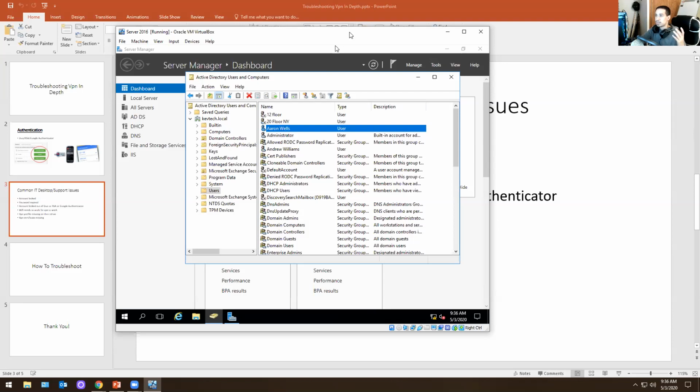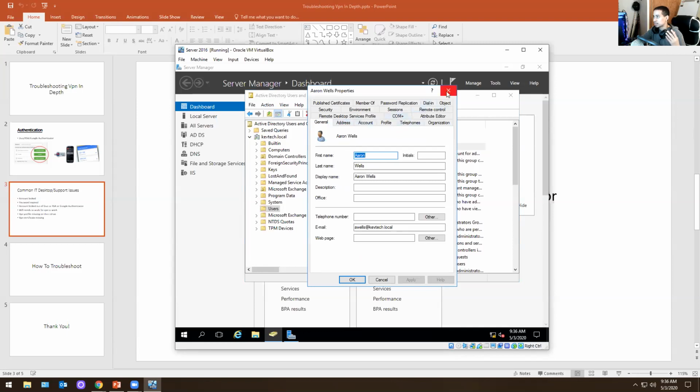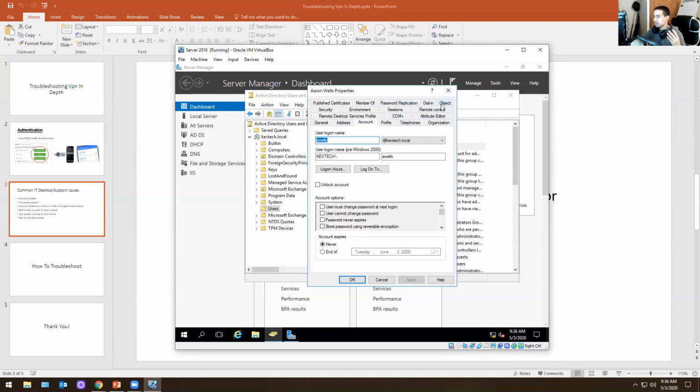Problem number one, passwords expire. You want to check that as well. So how do you check that? You go into Active Directory again. Obviously, when you do all this, you want to find out what their username is, what's their first name, what's their last name. The easiest way to make sure that the user is calling you, and it's the actual user themselves, and I'm going to tell you how to do this,